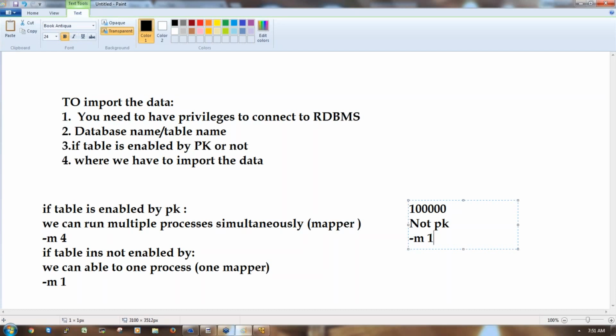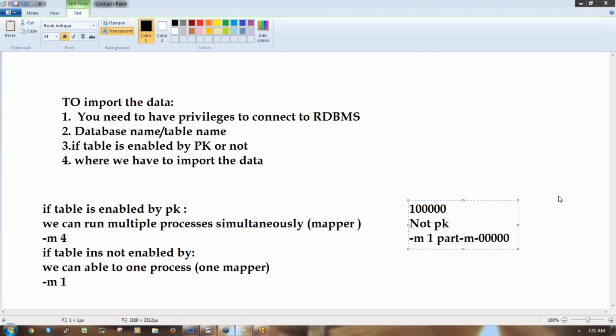This one mapper will create one part file containing all 1 lakh rows, but only one mapper has to do the work. We know that if one person can do a work in 10 days, then 10 people will do the same work in 1 day. The same way, if you run multiple mappers, it makes parallel processing work, so I can run multiple processes to retrieve the data.